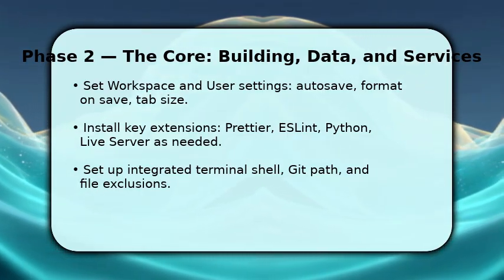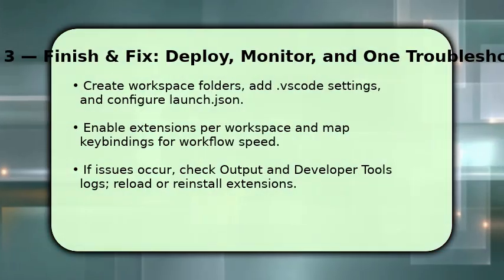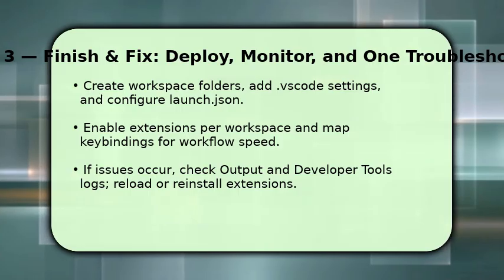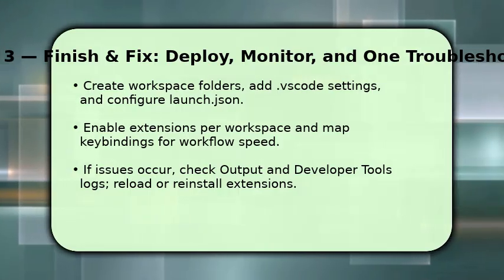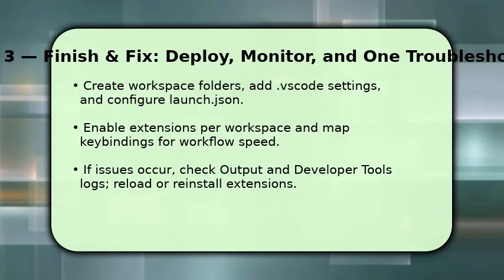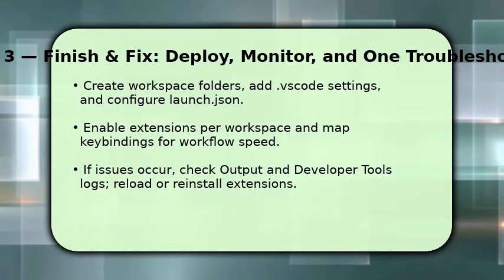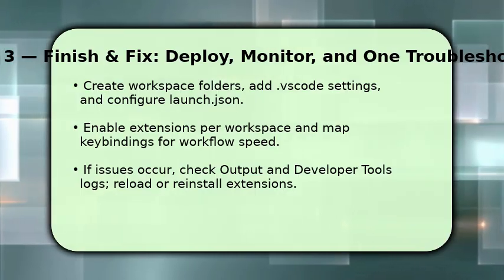Finish by tailoring each project workspace so settings follow the code. Create a workspace file, add a .vscode folder with settings and a launch.json for debugging, and enable extensions only where needed. Map a few key bindings to speed common tasks and add file or folder exclusions to keep